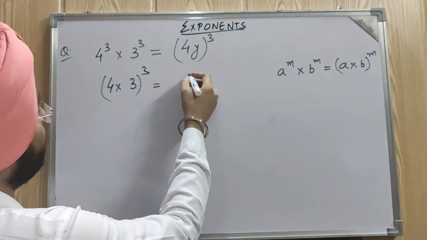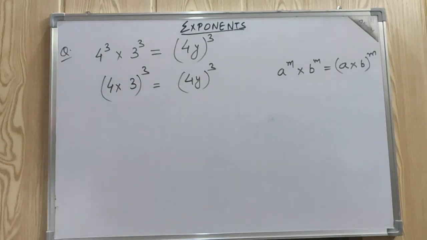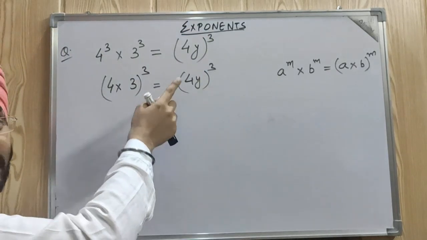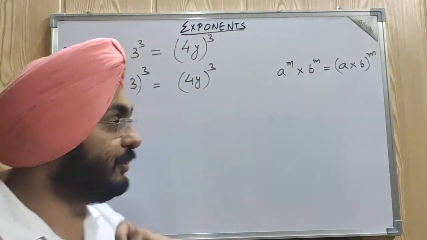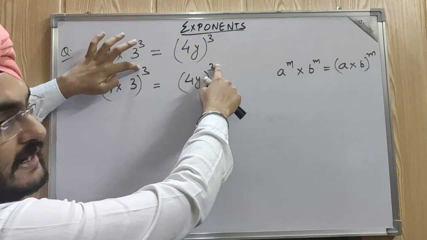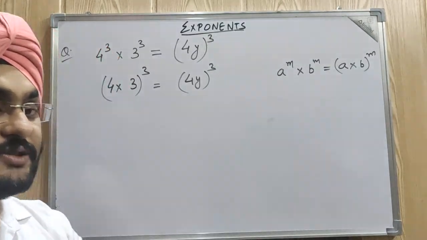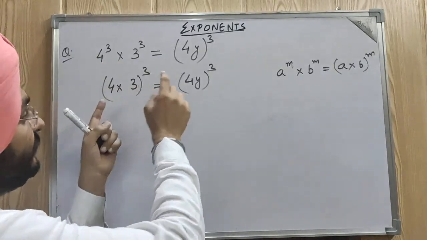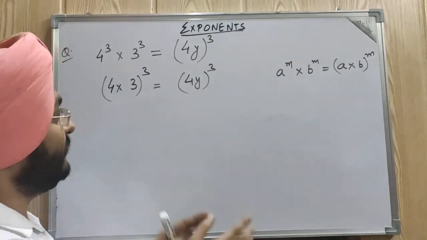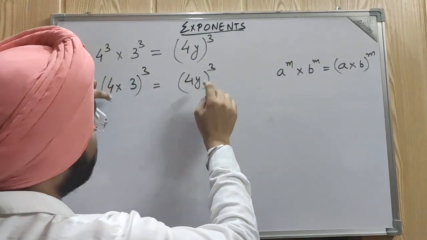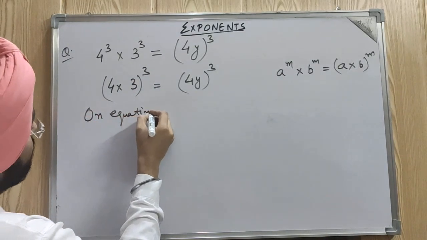So now here I can write 4y raised to power 3. Now you are seeing here we are having the equality sign. In the previous case the bases are same and we are equating the exponents. Now you can see the exponents are same and we can equate the bases. In the previous we have discussed that, in which we are having the bases same and we are equating the powers. Now we are given that the powers are equal, so we equate the bases.